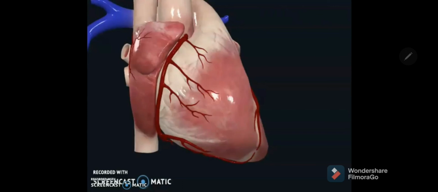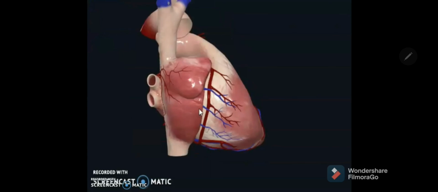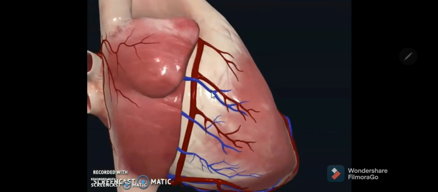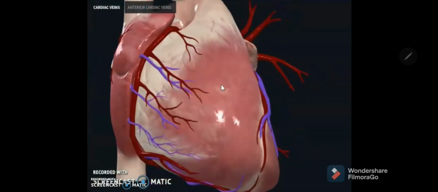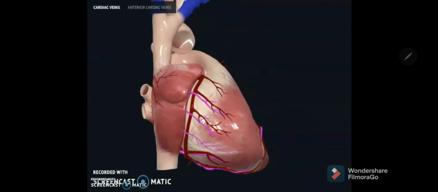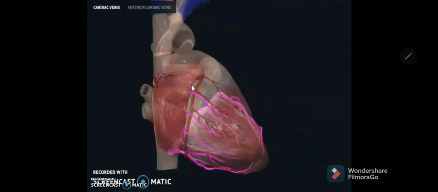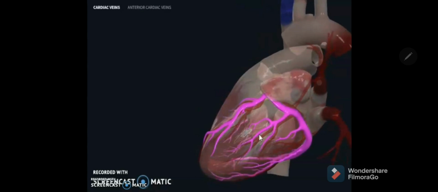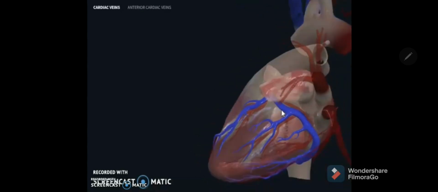So after seeing these arteries, now let us see the veins in the animation, and you can notice there, if you add the veins here, you are noticing these anterior cardiac veins directly running into the right atrium, and as you go near the margin, we'll see it just in a minute. You can see this is the venous distribution. You can notice that is a great cardiac vein. This is the left marginal vein,